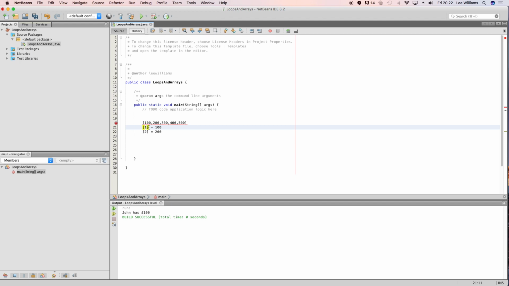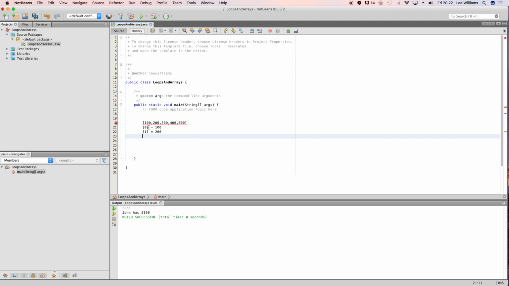They don't start at 1. So if you wanted item 1, you would pass in the reference 0, and if you wanted item 2, you would pass in 1, because it's always whatever index you want, minus 1, because they always start at